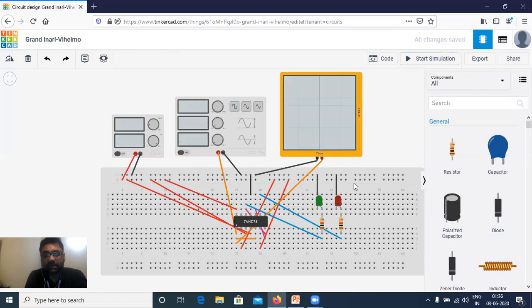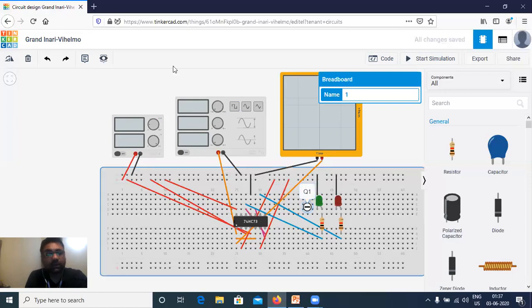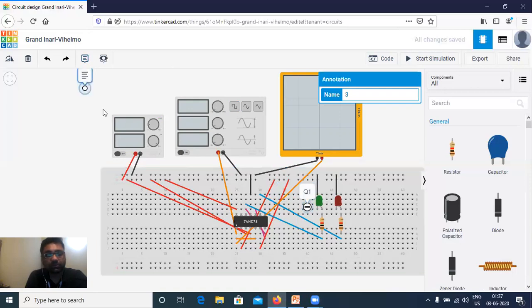Fine. So for better understanding, I will put some annotation so that it will be comfortable. So this is my Q1 and another annotation. This is my Q2.